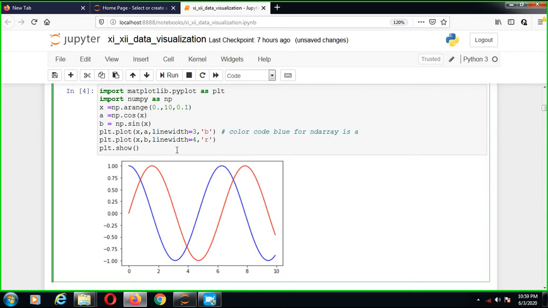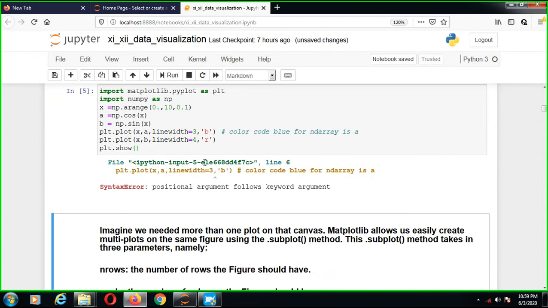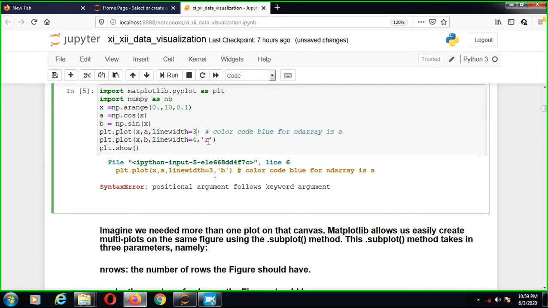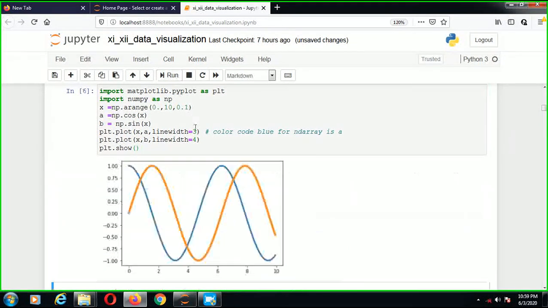So now see the output of this code. Okay, positional argument 3 and 4, it should be an error. So we'll have to remove that color code, and we can see that the argument is there. So this is the dashed area.